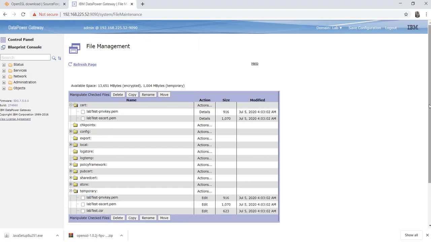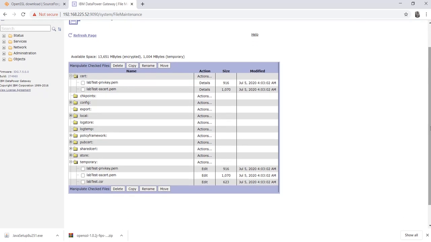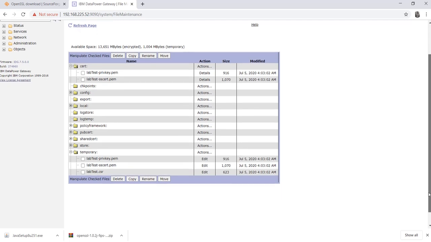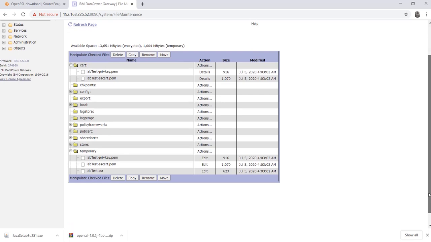After generating the certificate, make sure you copy the private and public keys into a file, because if your appliance is restarted in between, you will not be able to take a copy of your private key. In that case, you would need to generate the private key or CSR file again. So make sure that after creating the certificate, you take a copy of your private key and public key. Here we'll see how we can copy this file.